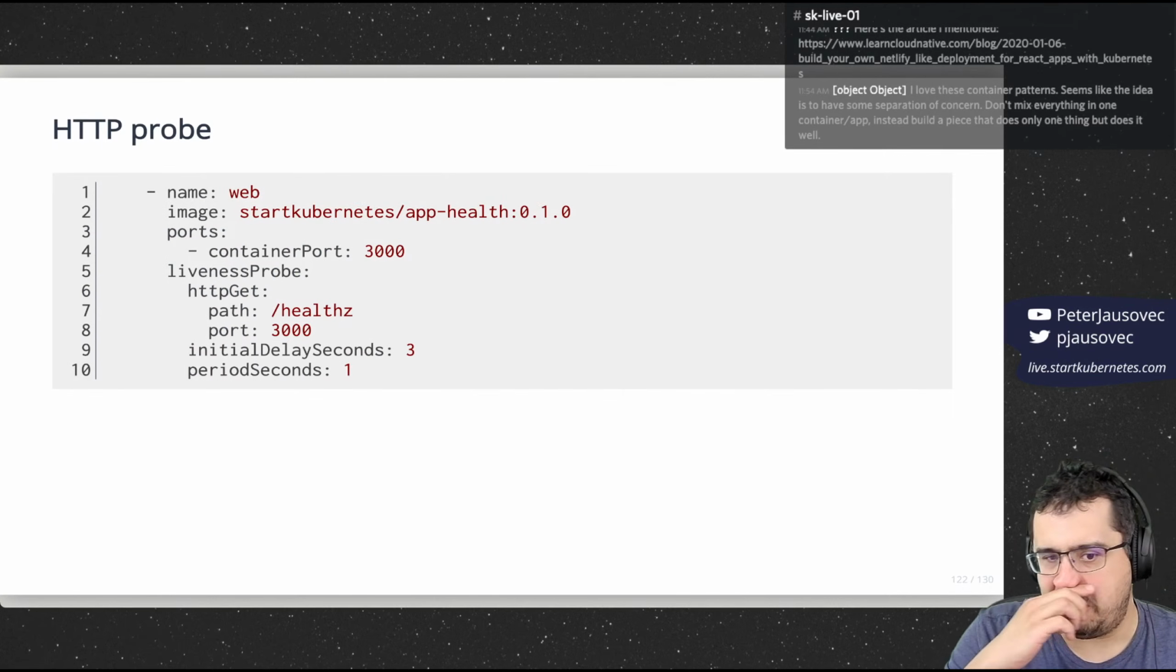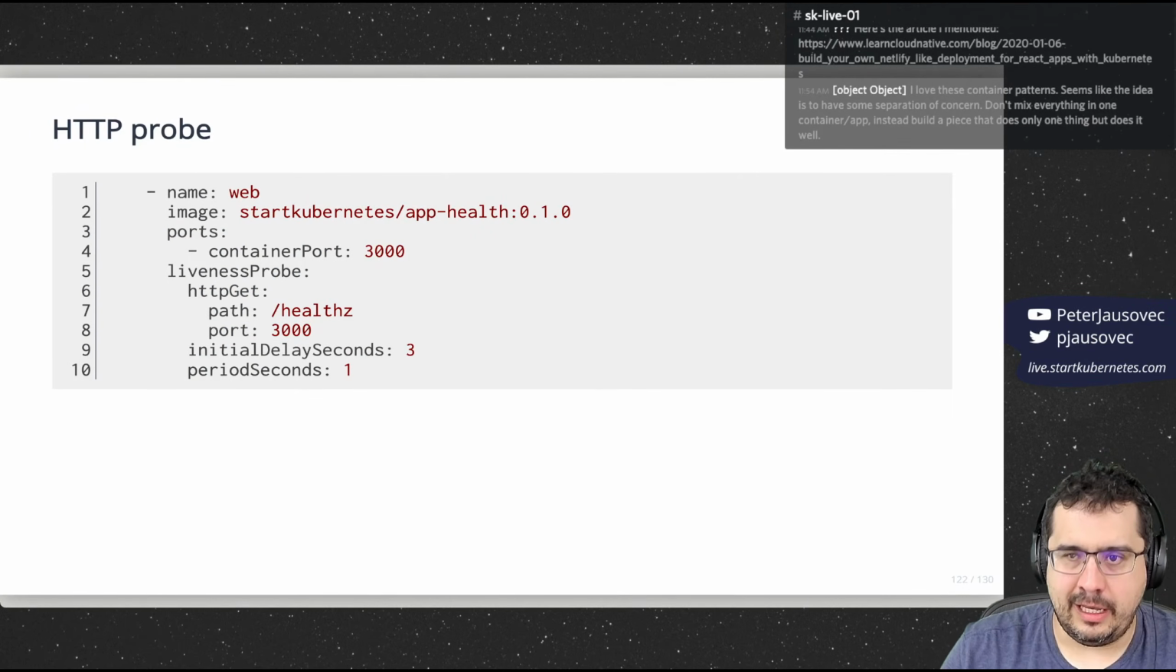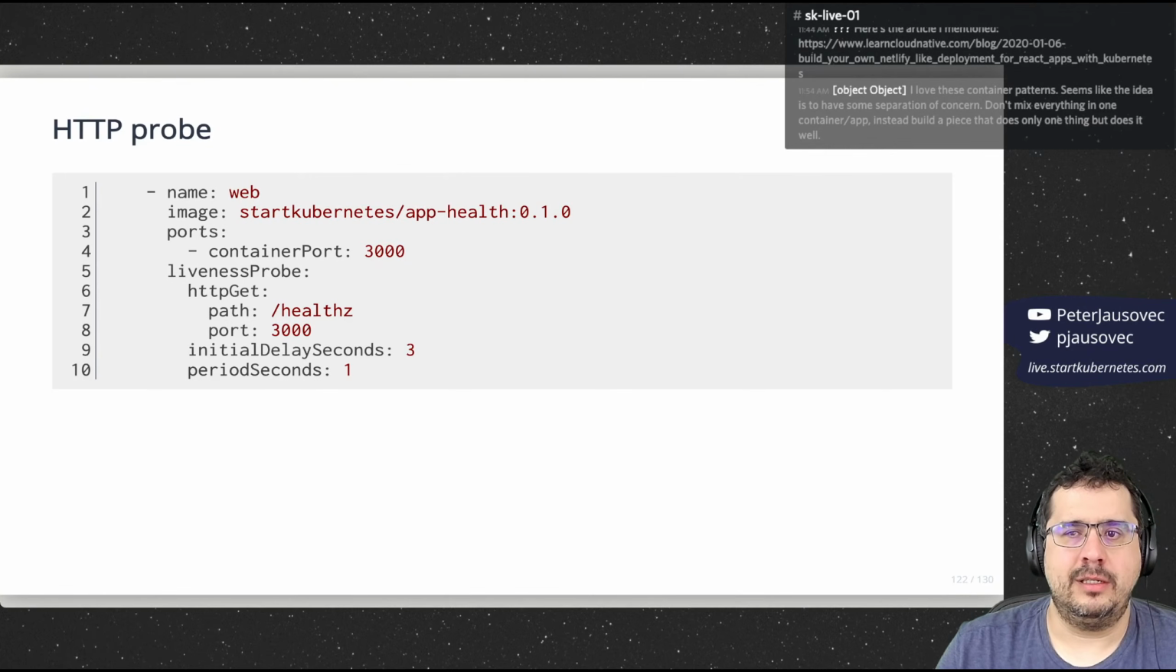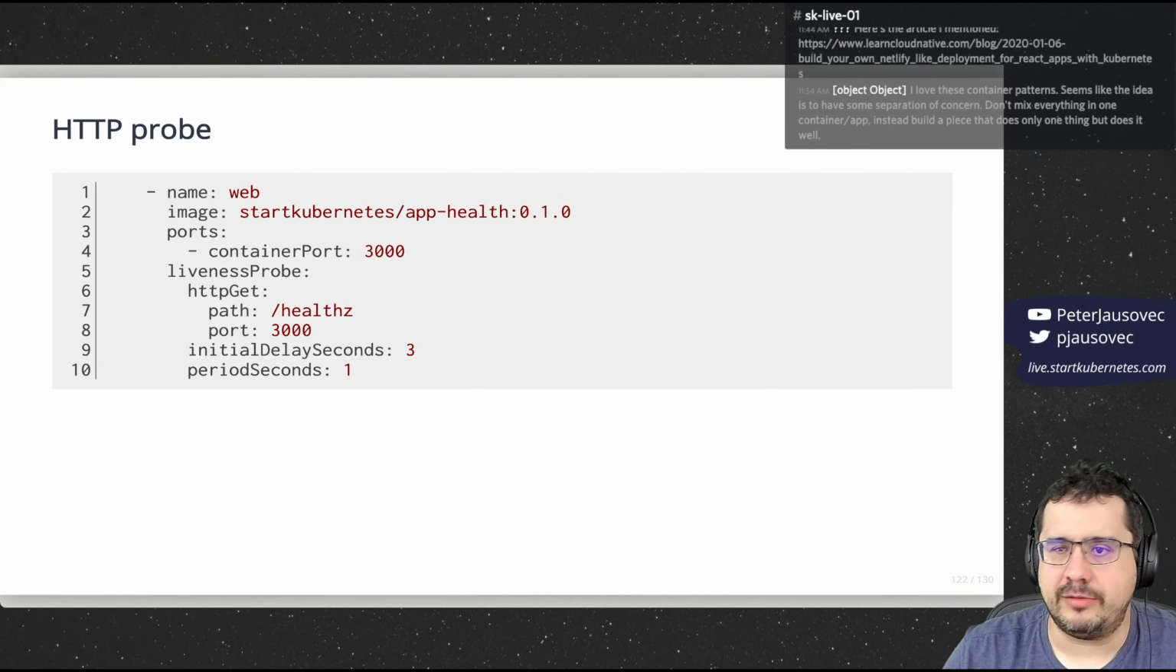So here's an example of how you can define a liveness probe. In this example, look at line 5. This is where we define the liveness probe. In this case, we are using the HTTP GET request. So we're saying, kubelet, send the HTTP GET request to the healthz endpoint on this pod on port 3000, right? So Kubernetes will consider this container healthy as long as the response is more than 200 and less